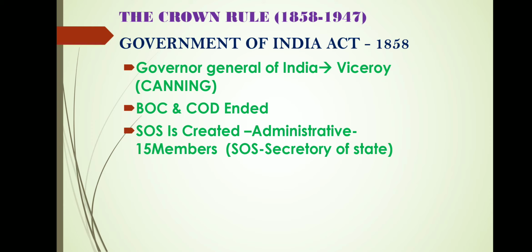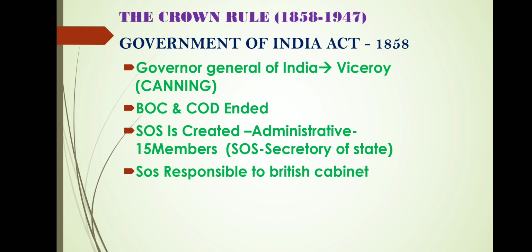It created the new office of SOS, that is Secretary of State for India, vested with complete authority and control over Indian administration. The Secretary of State was a member of the British Cabinet, responsible ultimately to the British